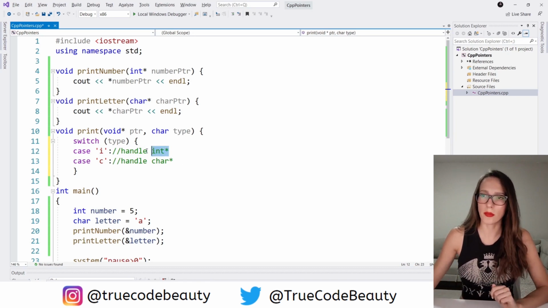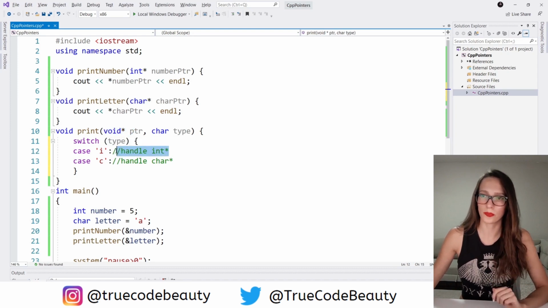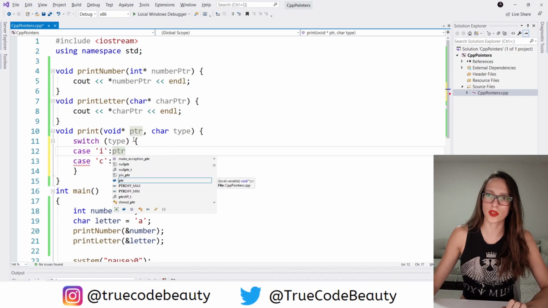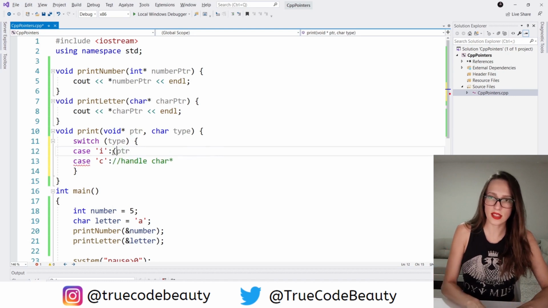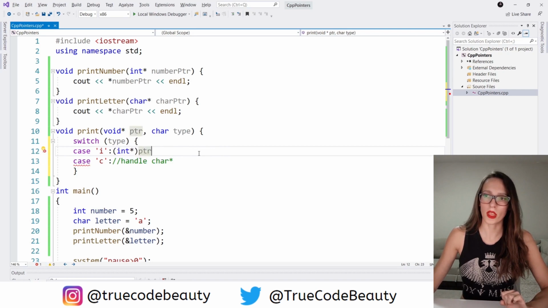So here, in the case that our user has passed an integer pointer, I will have to cast this void pointer into an integer pointer first. So how do you do that? Well, you say, please, this pointer here, so this ptr, cast that into an integer pointer. So this expression here is going to cast this void pointer into an